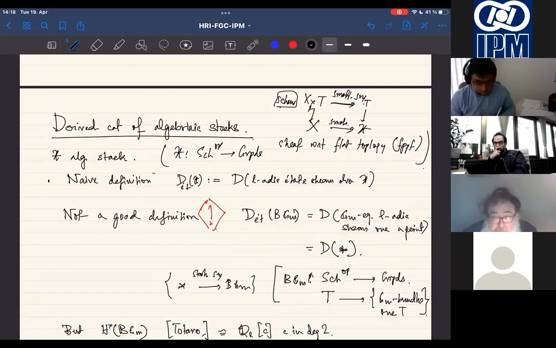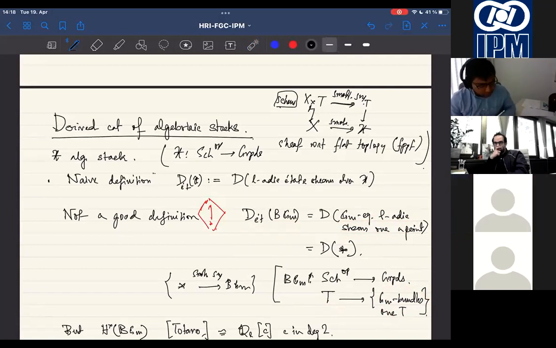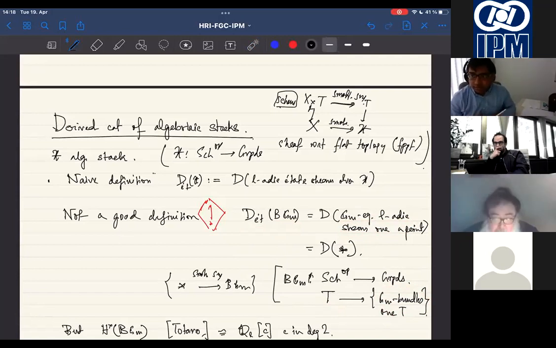So there are some, so this is due to some fact of algebraic stacks that this happens. And this somehow gives you that as BGm is a nice algebraic group, this gives you that it has to be the derived category of a point. That means BGm and a point are somehow the same, but this somehow doesn't work because